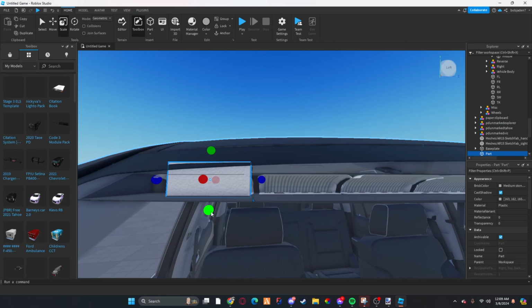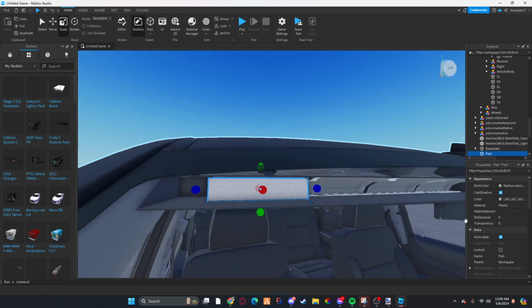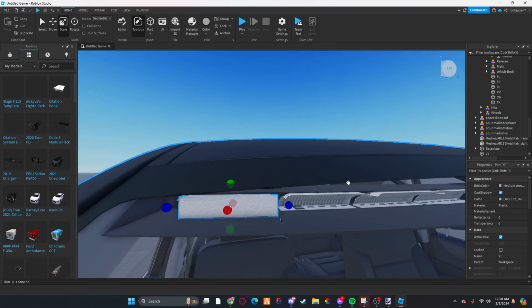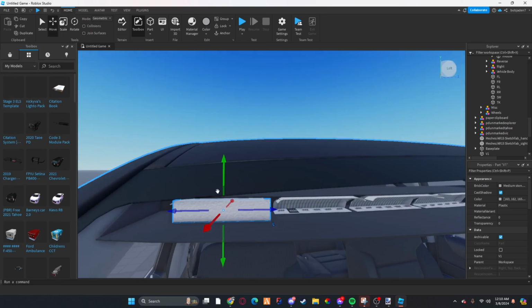to the size. Once you size it down, it should be fine. Now what you want to do is, well, we'll name this one. Since this is the front bar, I usually like to name my front visor lights V1. Then you're gonna hit Control D,